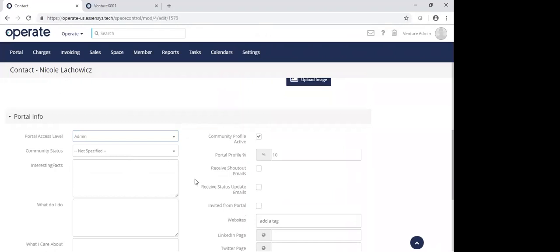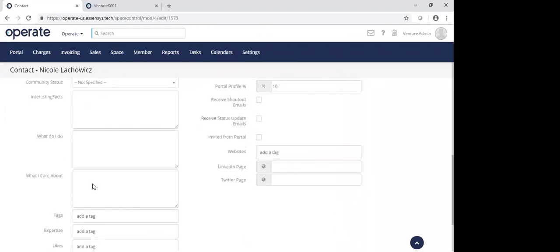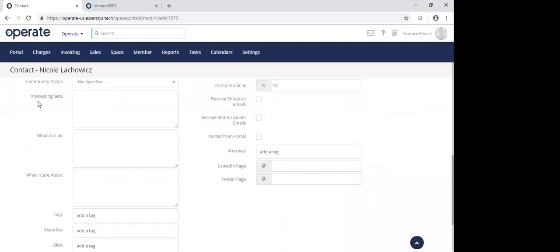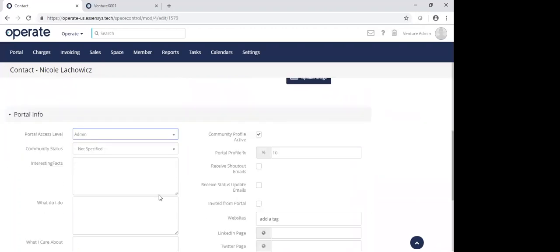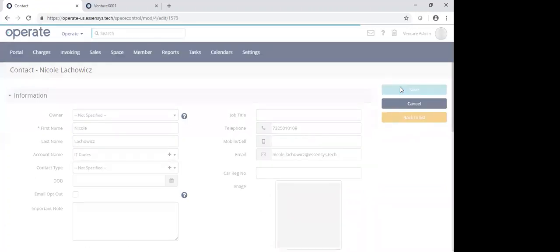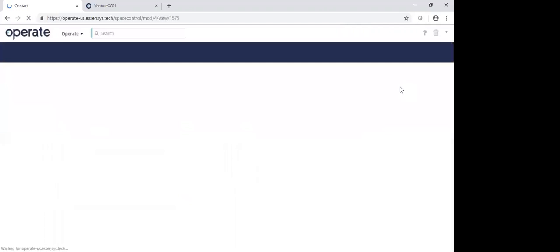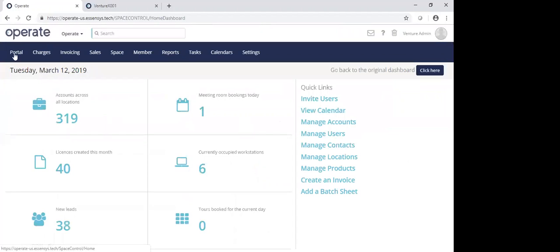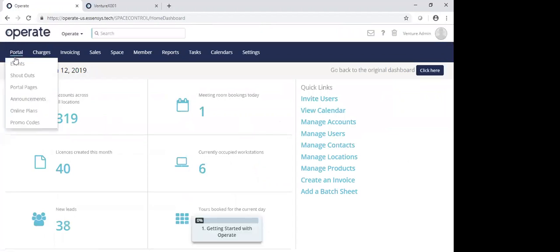Now the system will automatically, again, update this information here based on what they put into the member portal. So if they filled out all of these fields here, you'll see it and it'll start to tell you the portal percentage level as well. Under the portal section of this module as well, here's where you can start to update your events, your shoutouts, your portal pages, your announcements, and online plans. Now, online